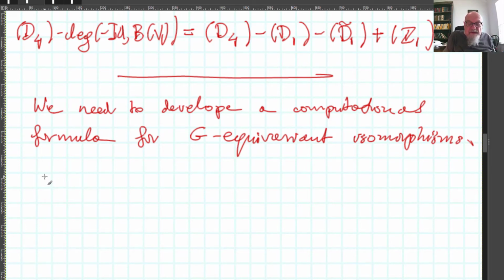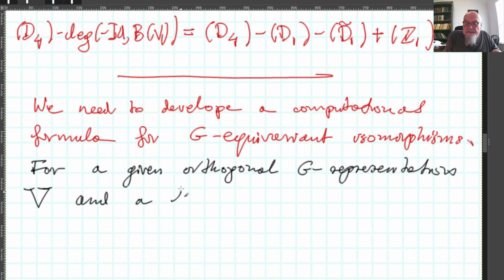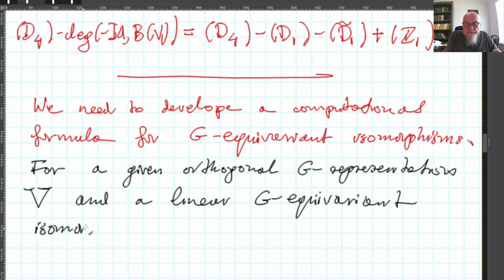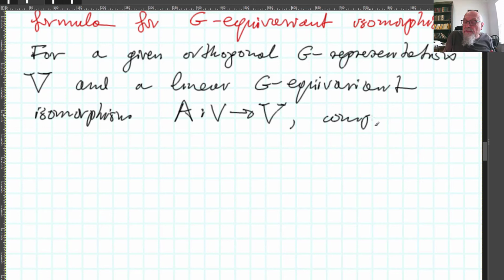Namely, let me point out what I mean by this. Namely, I mean the following. For a given orthogonal G representation V and a linear G-equivariant isomorphism A from V to V, compute the G degree